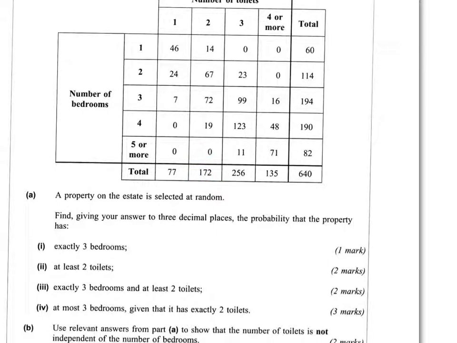172. And then we're going to look for how many properties there are with at most 3 bedrooms amongst those 172 properties. So at most 3 bedrooms will be either 1 bedroom, 2 or 3. So all of these together, these 3 groupings out of 172, is the answer to this conditional probability in part